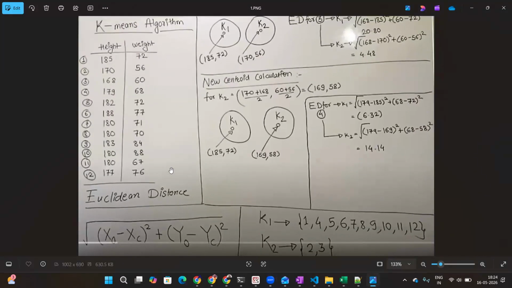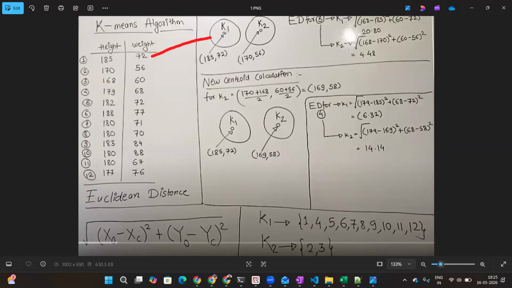See, there are two things in a school. There are a few students. Understood, guys? In the department, there are 12 students, and these 12 students need to be made into two groups. The principal said you have to make how many groups? Two groups. The first group is K1 and the second group is K2. Got my point? So what the teacher does, first record